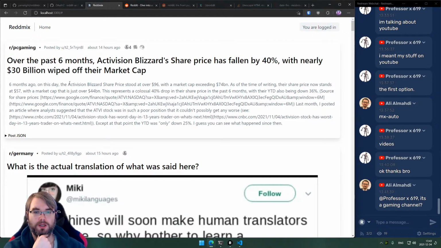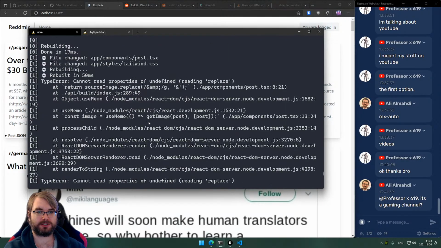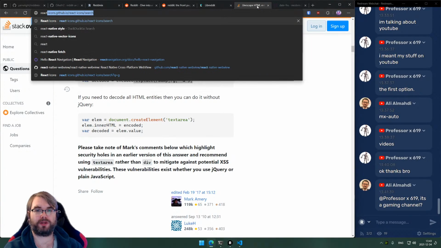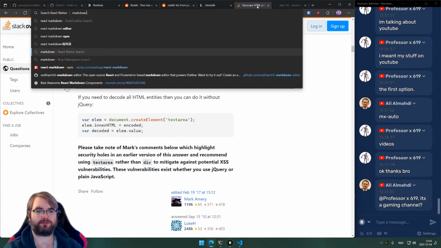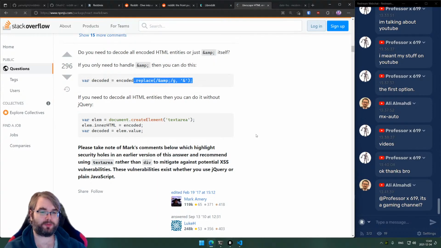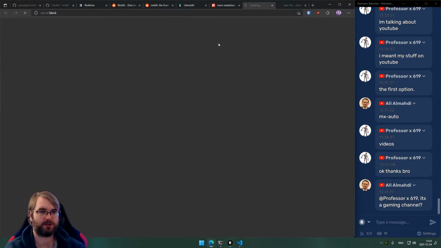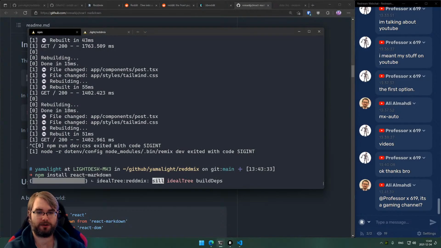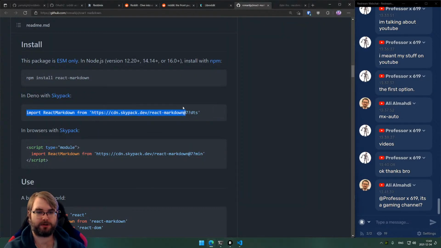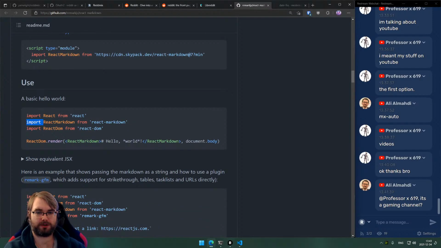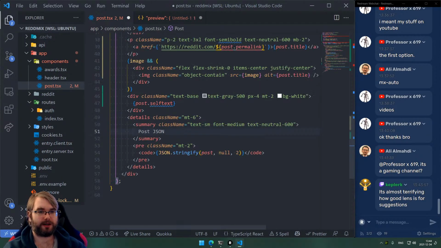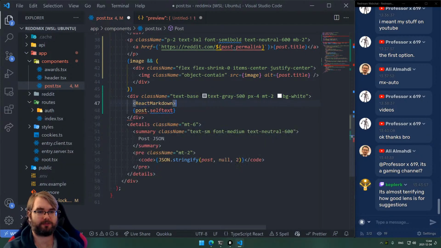Okay, cool. So here we need Markdown, which means we need to install. There was a React Markdown. Yes, I think React. Yeah, it's called React Markdown. So it's a remark-based component that is quite nice to use. We're just gonna grab that and use it in our code. Okay, where is our text? Over here. Import React Markdown, and then basically what we do here is we just say React Markdown, and then,